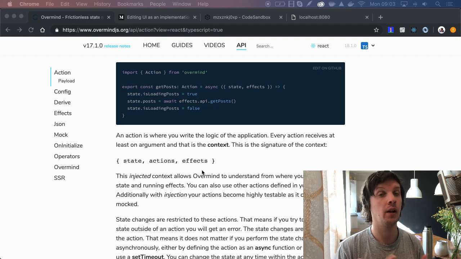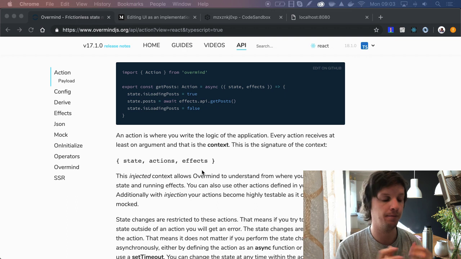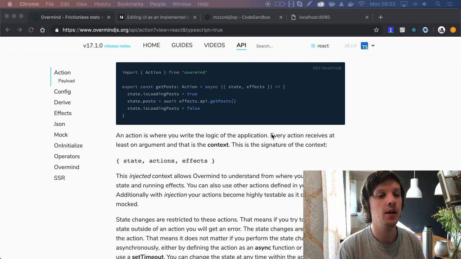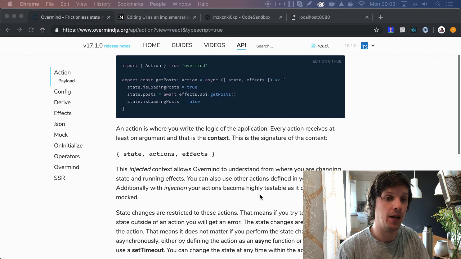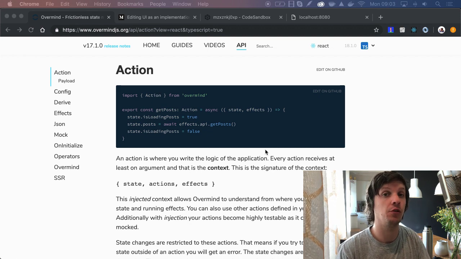If you had a class, you would have multiple methods and you would call a method from another method, maybe just to get the value. And you can do the same here. This is also beneficial in components. If you call an action from a component, you might want to check the result of that action to maybe do something in the UI.